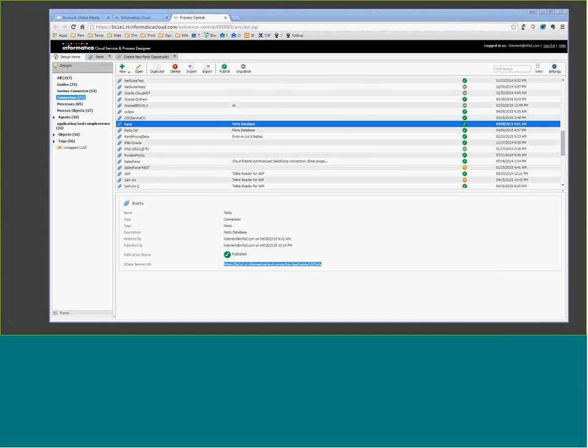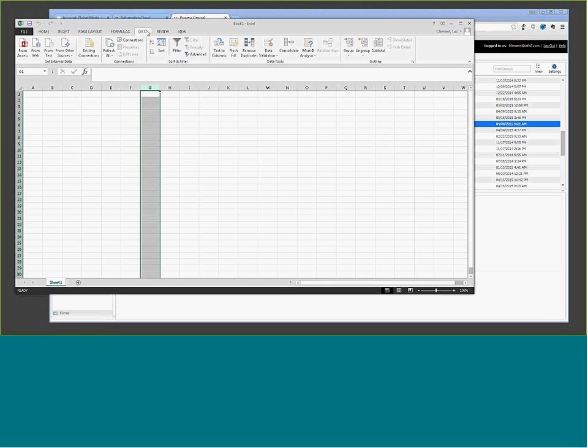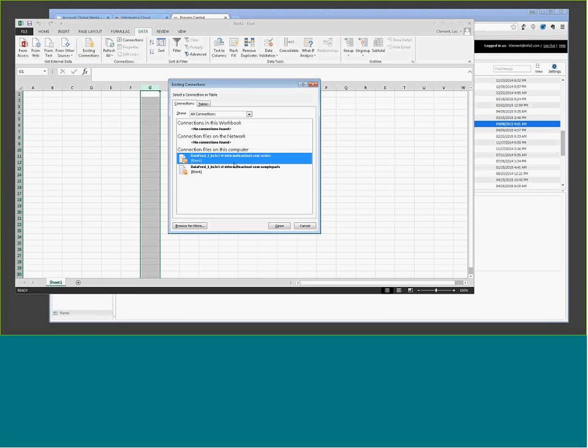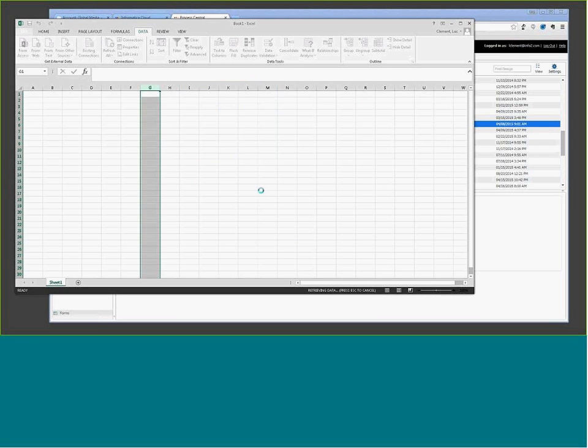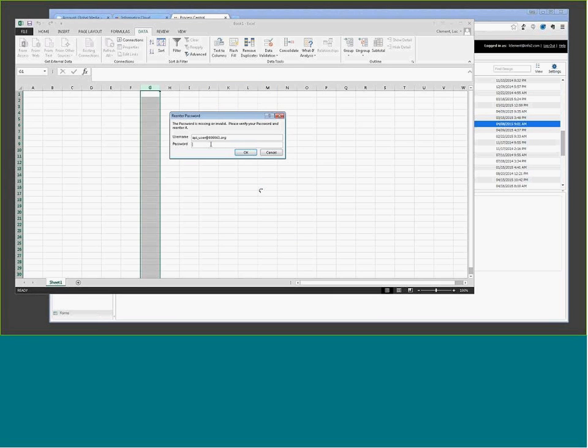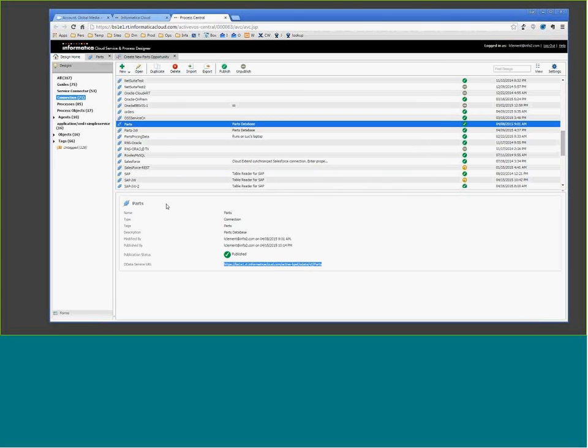Let me just show you another application that makes use of OData. Excel, for example. So if I was to go and look at the data, open up an existing connection to, let's say, my orders, create a table, and in real time, I'm able to access the data. As you can see, you need to authenticate to it. You're not going to expose this data freely. And here's the order table.